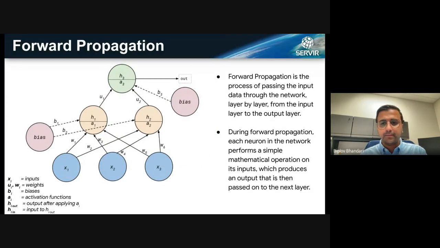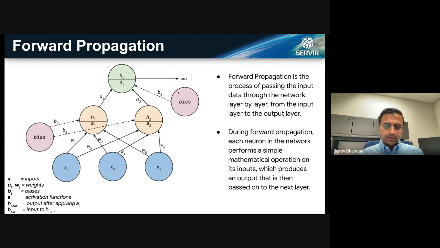Okay, so now we have some basic understanding of the different layers that are involved. Let's go and look at some of the core concepts on how these neurons are actually processed or implemented. A neural net is also referred to as a feed forward net, and it comes from the forward propagation that it does. What it's trying to do is pass the input data through the network layer by layer, from your input layer to a hidden layer to your output layer.